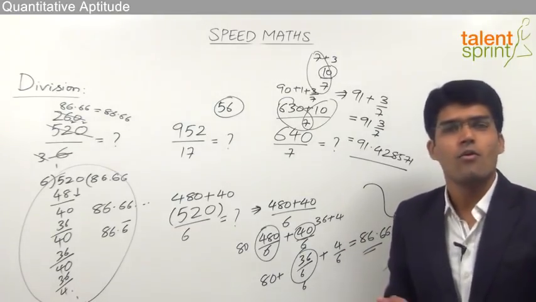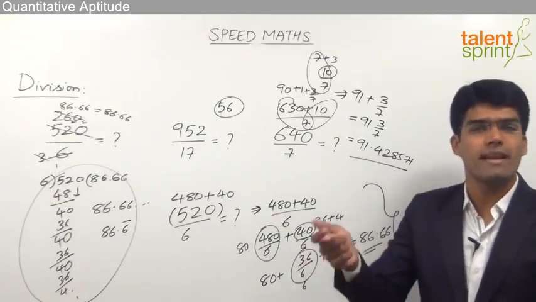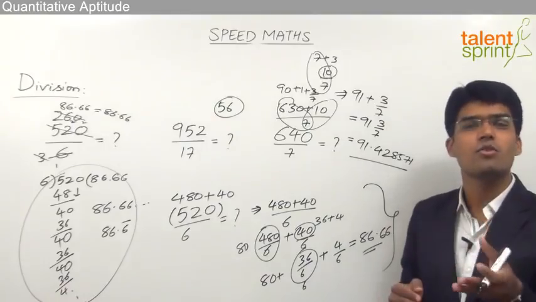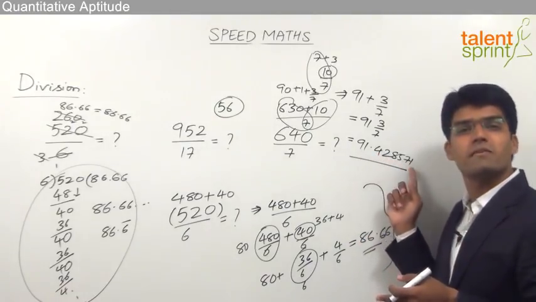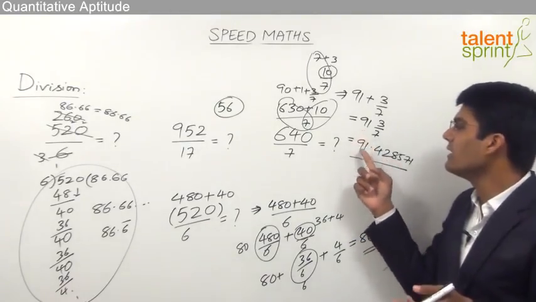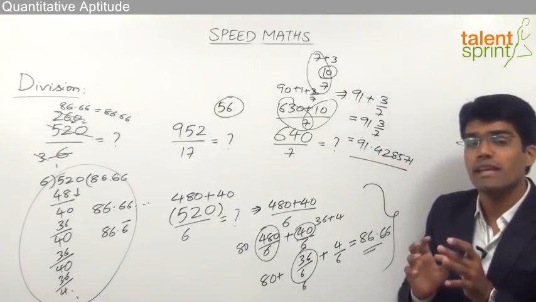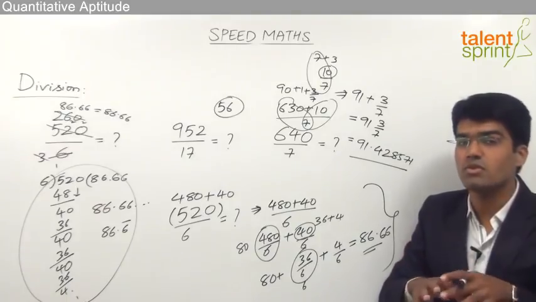42.8571% is nothing but 42.8571 divided by 100. Now 42.8571 divided by 100 will be 0.428571. That's it. To 91, you add 0.428571. So just imagine if you can do the calculation this way, how quickly can you solve the questions in the